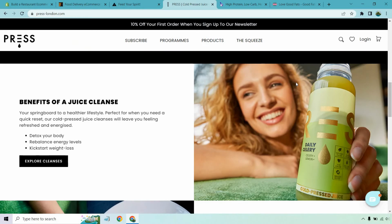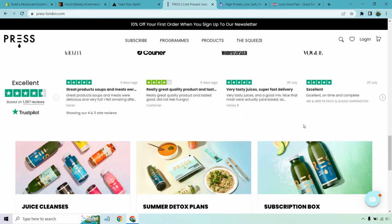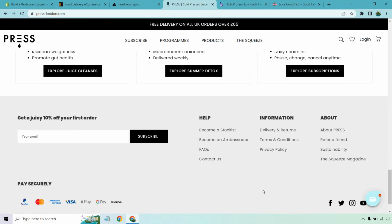I imagine if you are in the US, you'll probably just want to ship to the US. If you're just in the UK, you'll probably just want to ship there as well. But as you can see, they have a lot of different options here in terms of their detox, subscriptions, some other details down here. And the cool thing, you can always add in your email to get a juicy 10%